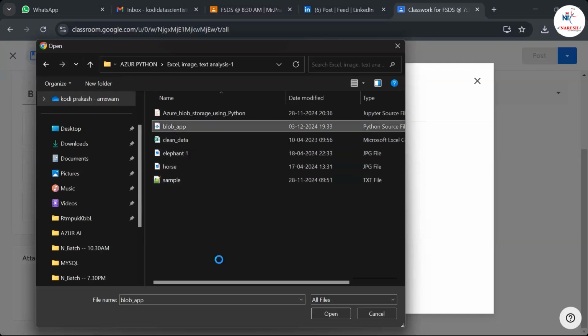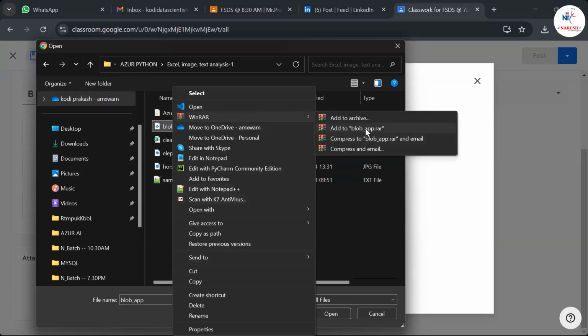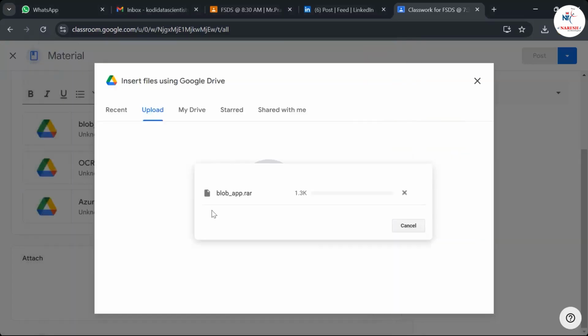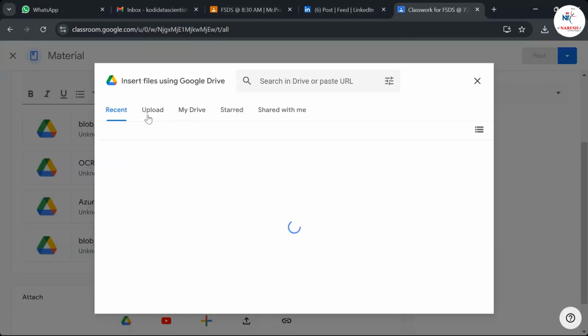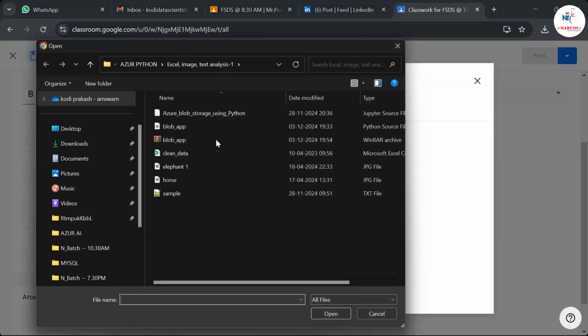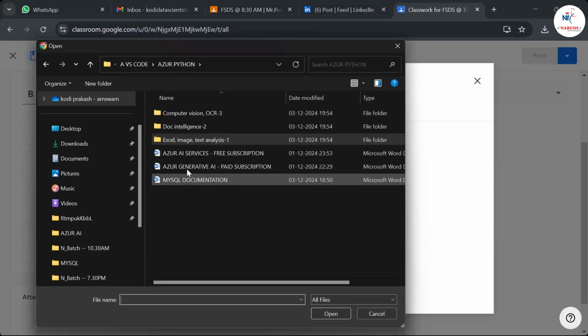Blob.app. I think I already, one second. Then here,